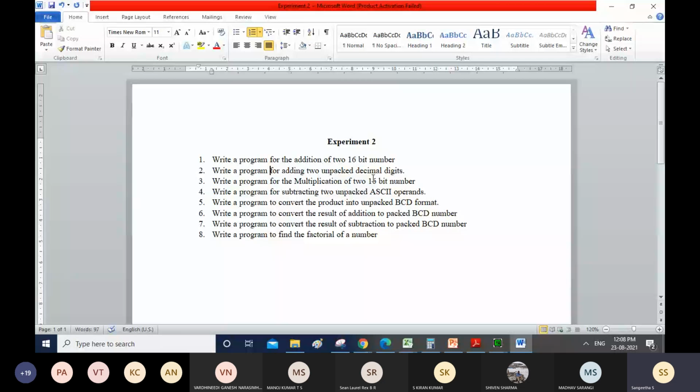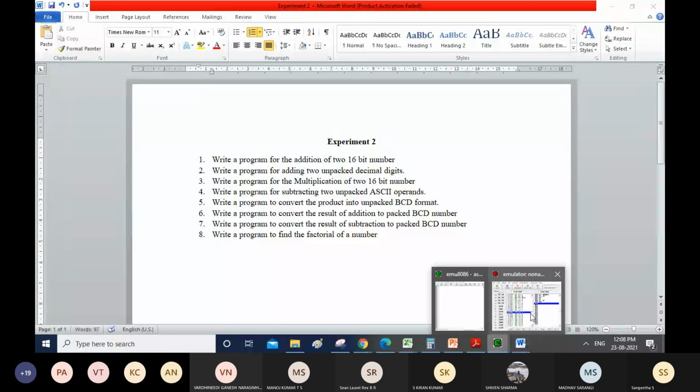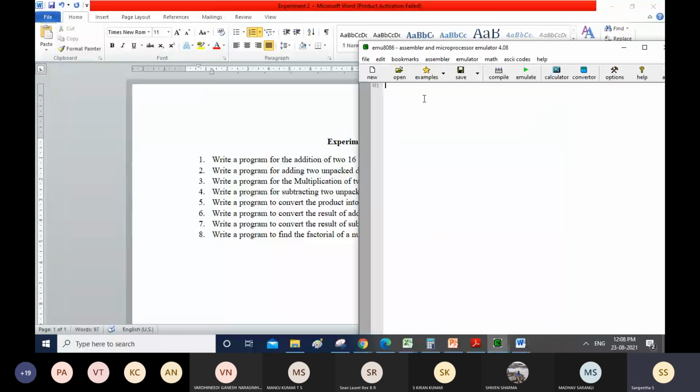I will just show you an example. Say I am taking MOV AL, 24, and similarly in another register, MOV BL, 04.